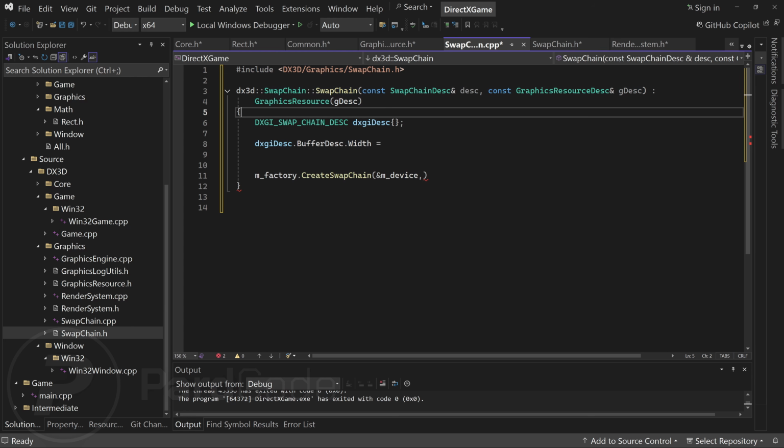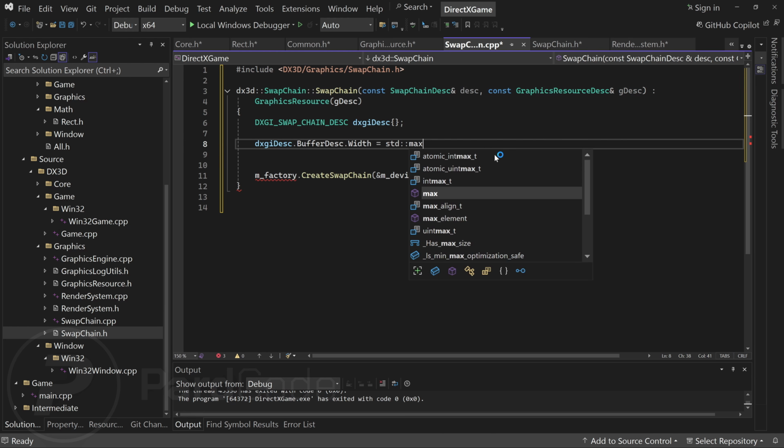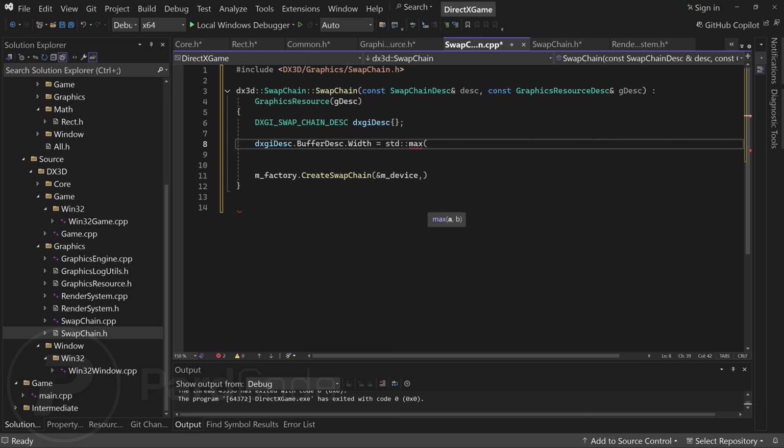Let's proceed by passing the width of our window. Pay attention here. Create swap chain will fail if we pass zero or negative values for the width or the height. To avoid this, let's use the standard max function. There is a catch though. Due to the inclusion of DirectX 11 and Windows headers, a max macro might already be defined, which conflicts with